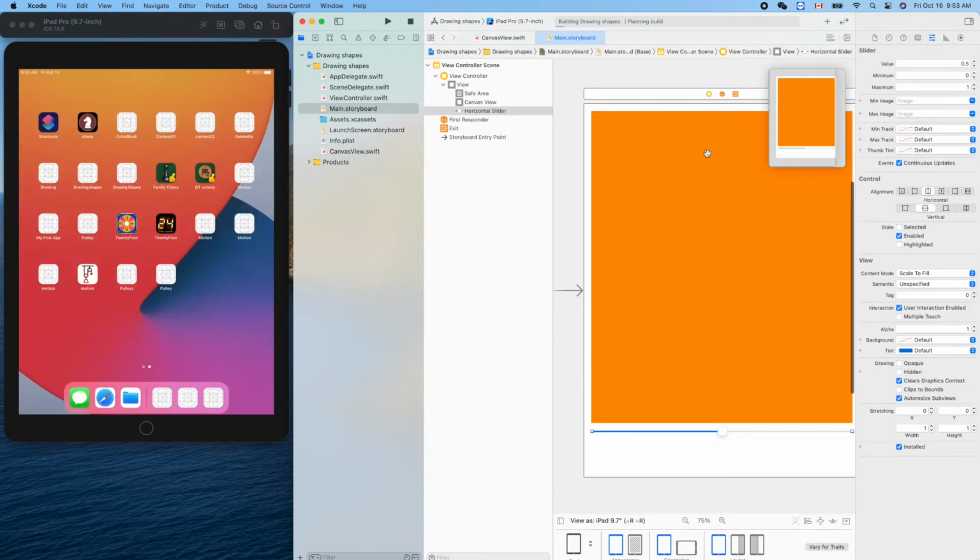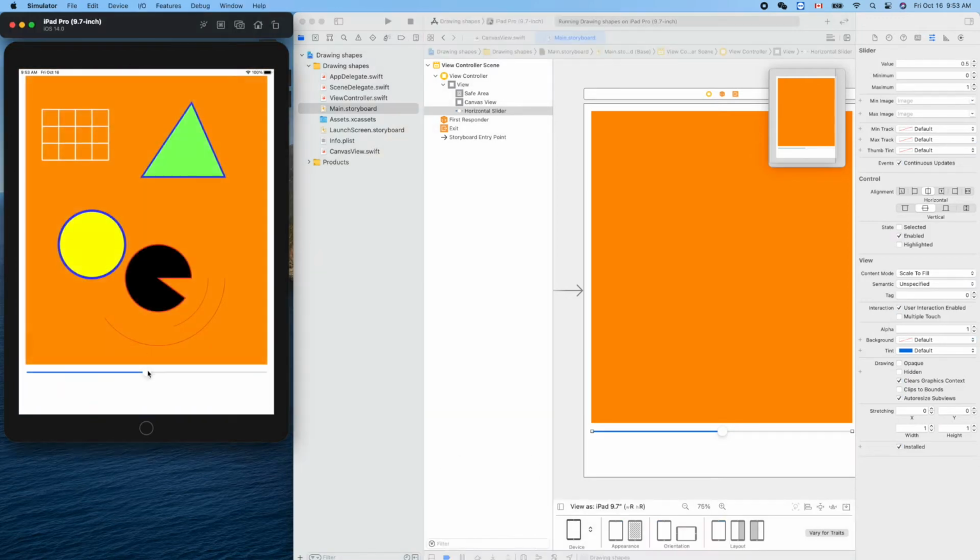let's try. When we run it, it means the current value is 0.5. So if we drag it from the very left to the rightmost, its value changes from 0 to 1. We can test that. Okay, so